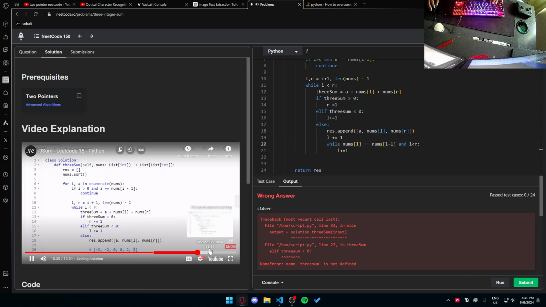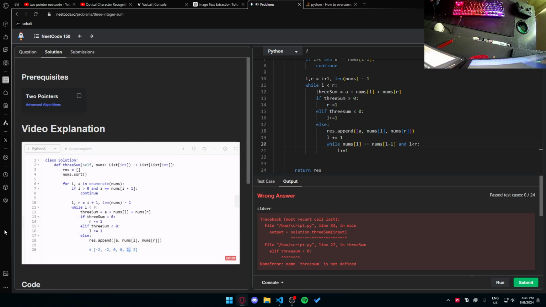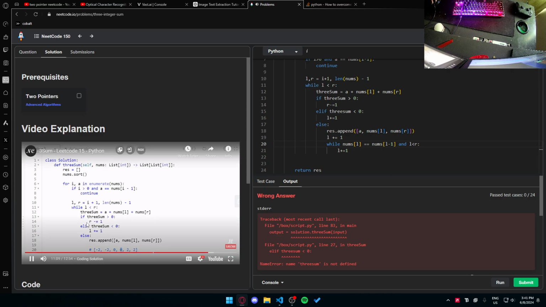Our right pointer was here, and our sum is going to evaluate as too big, so our right pointer is going to be shifted again. Notice how each value